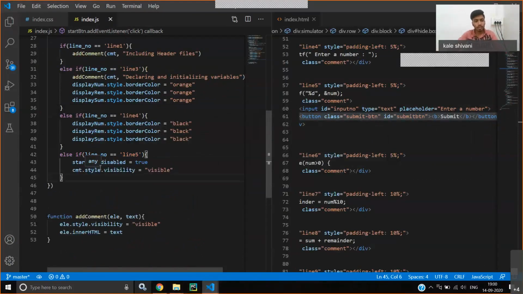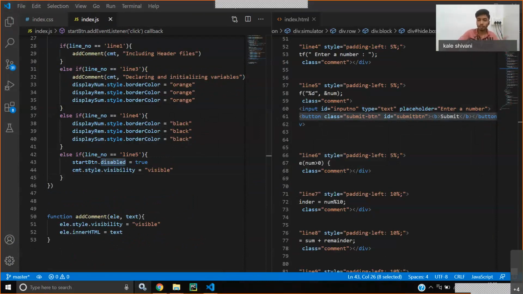Okay, so start button dot disabled. Why are we disabling it? We don't want anyone to go forward without giving the number. If they go forward without giving the number, then our program will not work. So we are disabling the start button, and we want to show the comment.